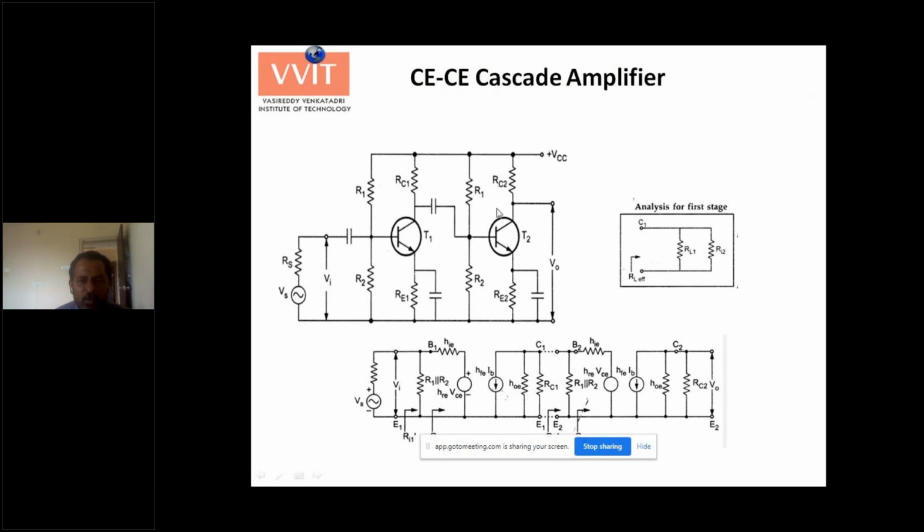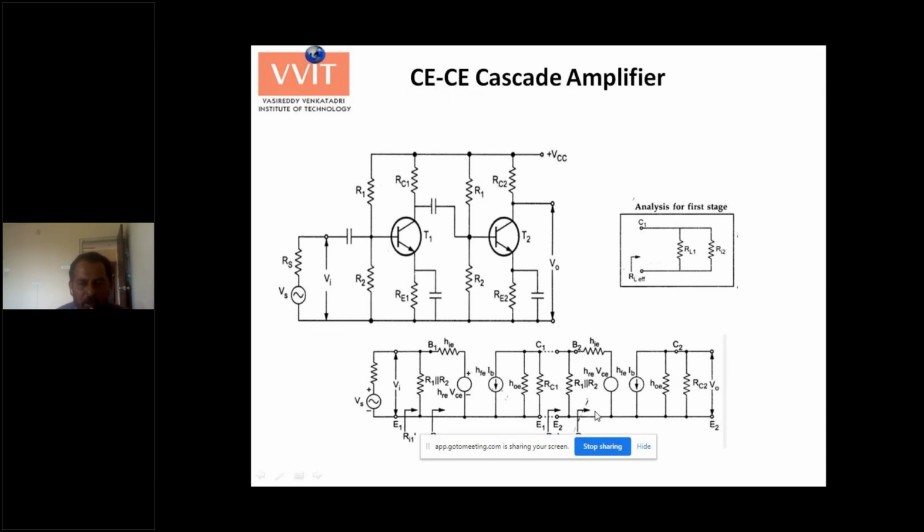RC2 is the load for this entire combination, or this is the load for the second stage, and this is the overall output. And now this is C1. C1 is the collector of the first transistor. C2 is the collector of the second transistor. So once you draw the AC equivalent, you can find these two emitters are connected to ground. So emitter 1, emitter 2 are connected to the same point. Fine. Then here ends our equivalent circuit for transistor 2.